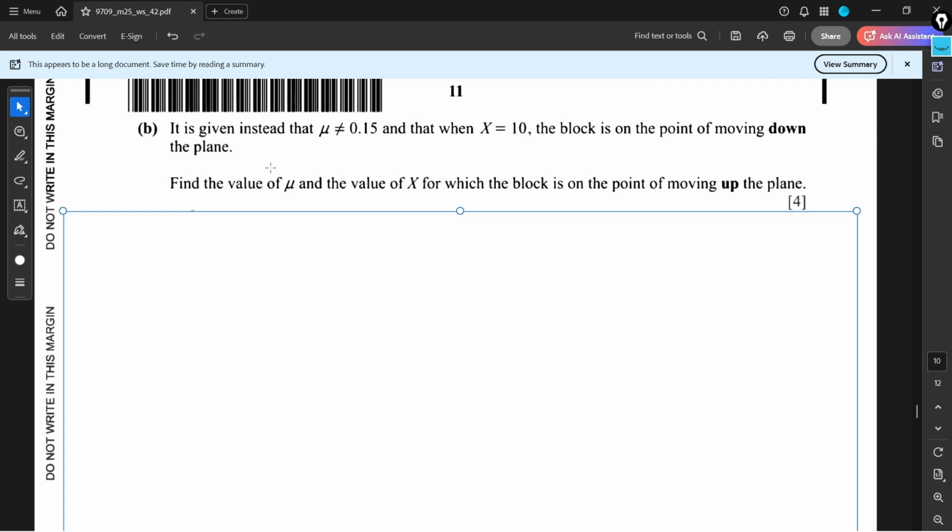But now, from the information that it's about to move downwards, we know that in this case friction is going to act in the up the plane direction. Similarly, for the second piece of information, we are asked to find the value of mu and the value of x. Now, the value of x is not equal to 10. We have to find the new value of x for which the block is on the point of moving up